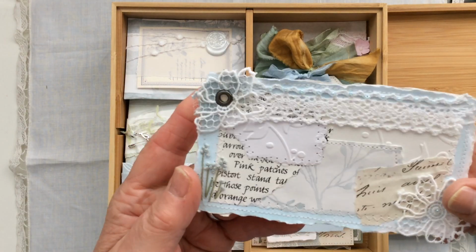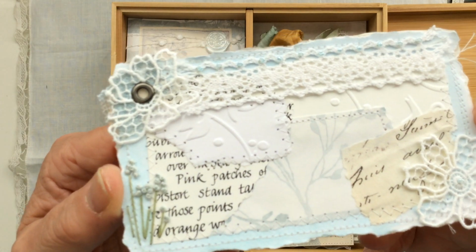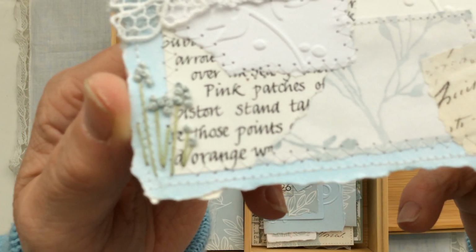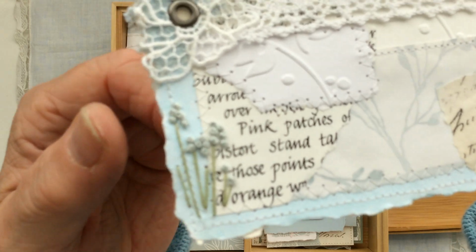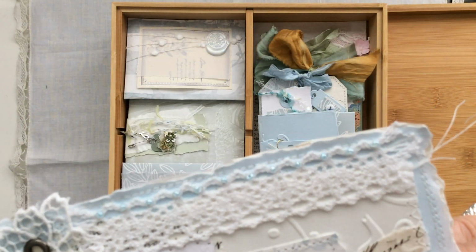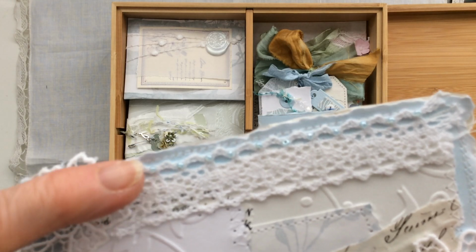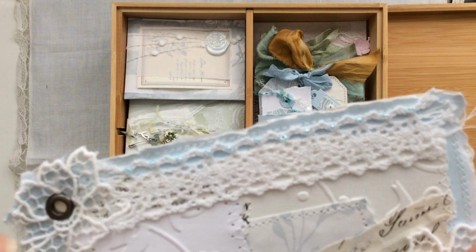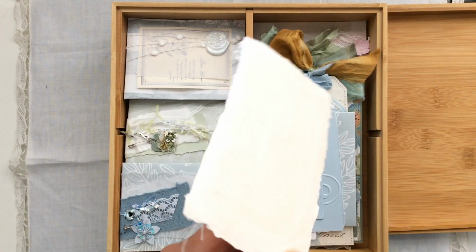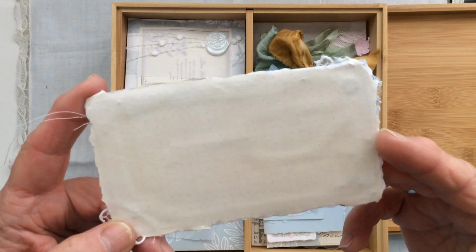This is the scrappy snippet cluster that is in this box, and anybody that saw my recent video will have seen this one. I don't think I'd done the slow stitching at the side here. That's been finished off, and along the top I think you can just catch the tiny little blue seed beads that I've woven into the lace at the top, and the back is now backed with some tea